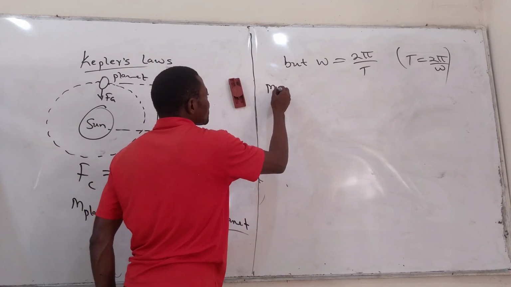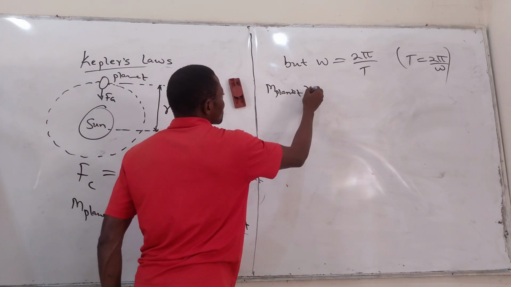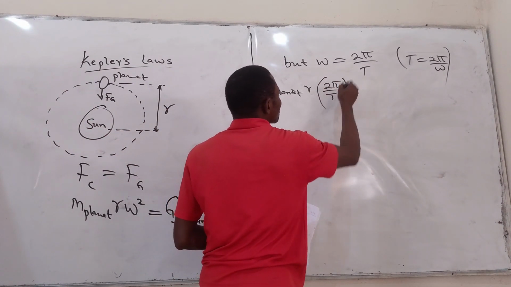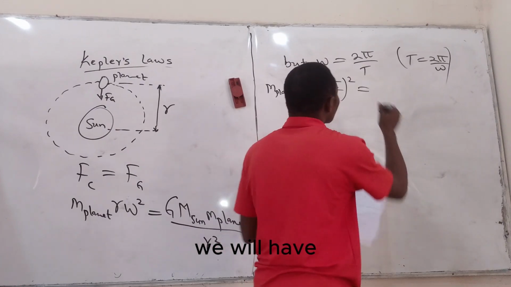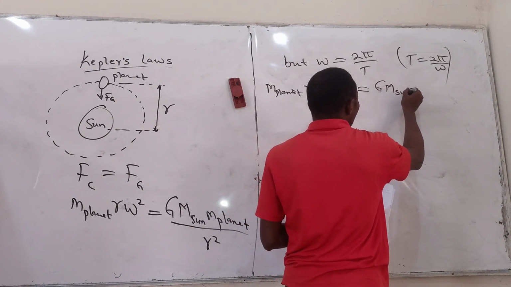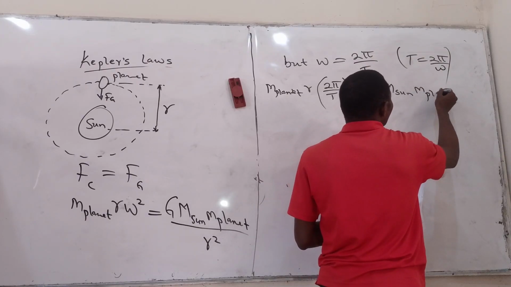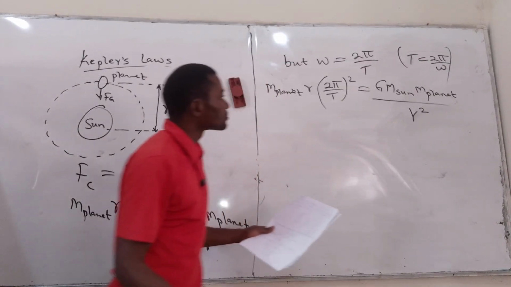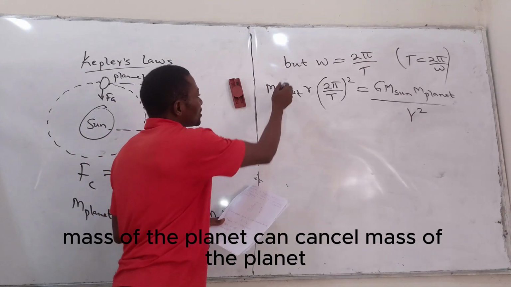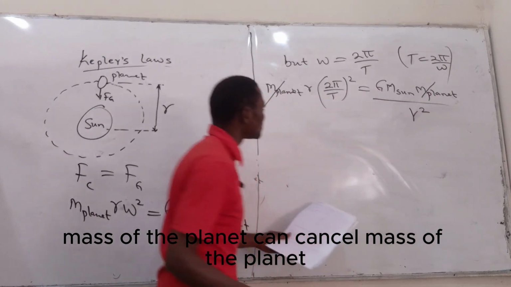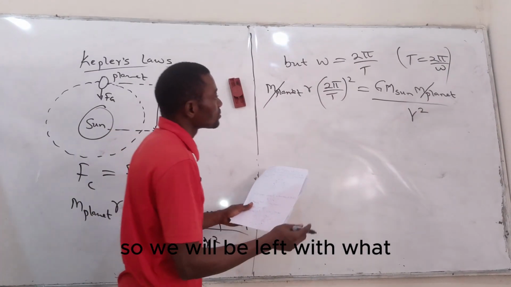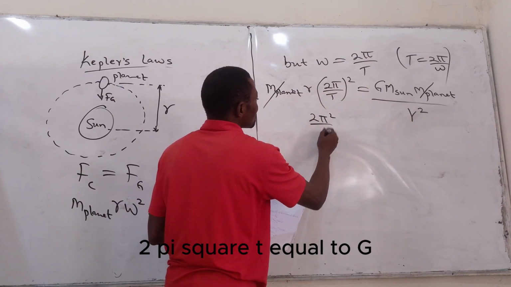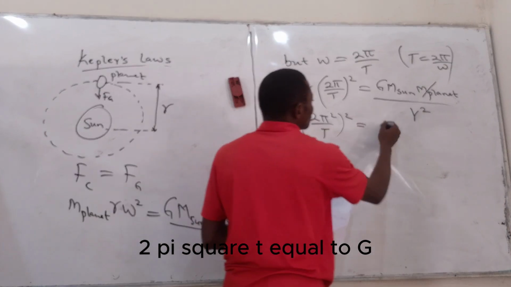So if we do that, we will have this expression. The mass of the planet can cancel the mass of the planet. So we will be left with what? 2 pi, let's open the bracket, 2 pi square T equal to G